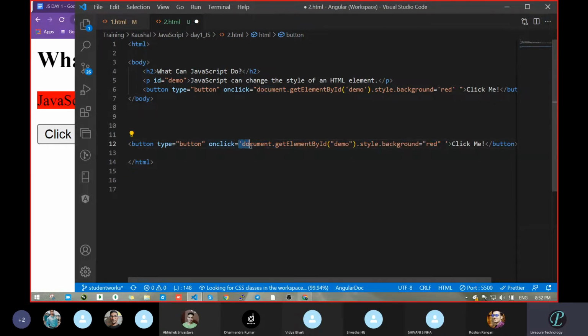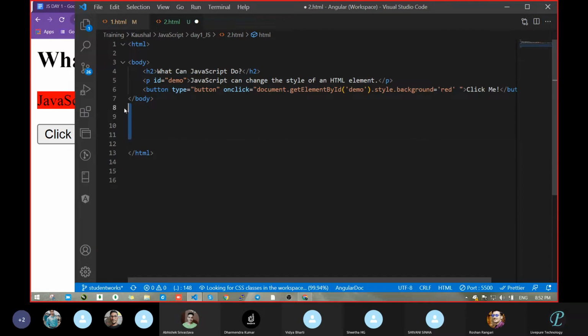Opening is here and it will get confusing whether the closing is here or in the last. So to make this difference, we will use it this way. Everyone clear? Yes.